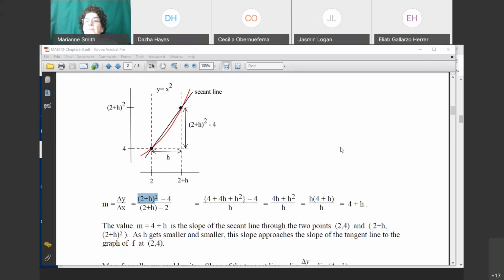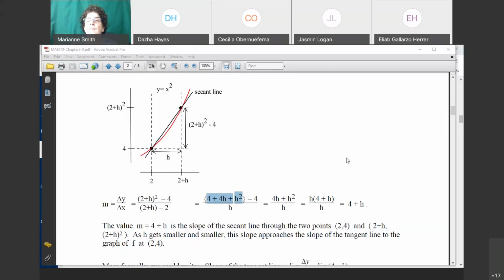Okay. So that's where this comes from. 4 plus 2h plus 2h plus h squared gives me 4 plus 4h plus h squared. In order to do this definition of a derivative using the slope formula, folks, you're going to have to be able to square binomials. So again, just use FOIL if you must, to square